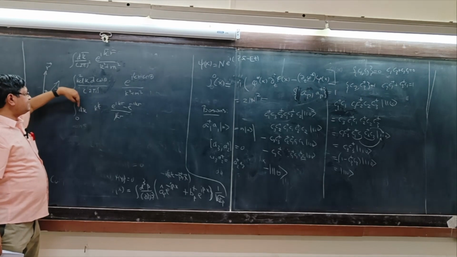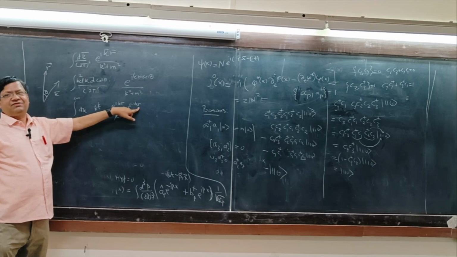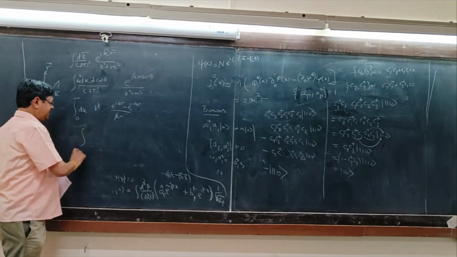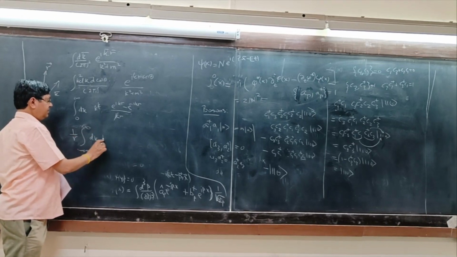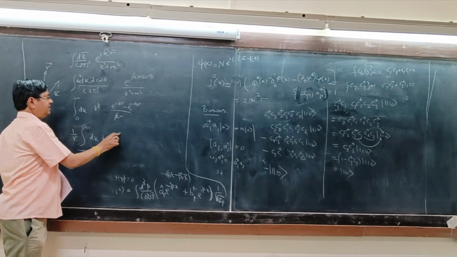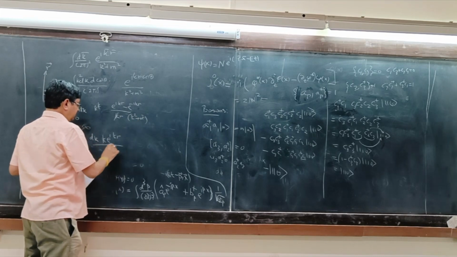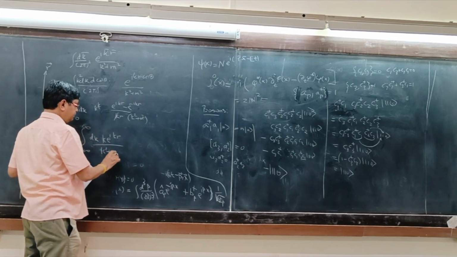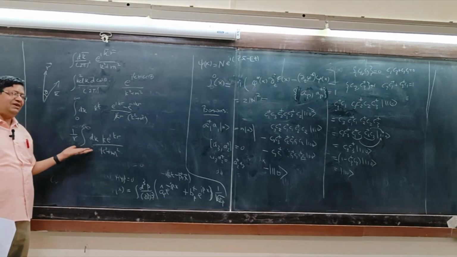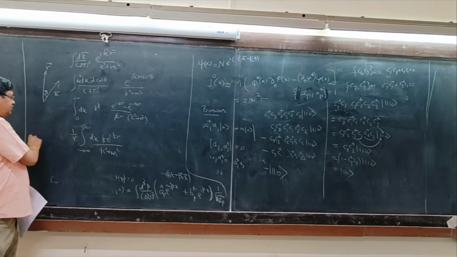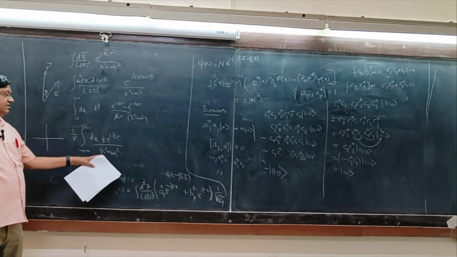So what should I do? When I change the sign of k, this becomes minus k and this becomes plus k. So it is very easy to show that it is dk 1 over r, k e to the power i k r, over k squared plus m squared. We forgot this k squared plus m squared. Okay, so this is a 1D integral now, and we can do it using complex integration.